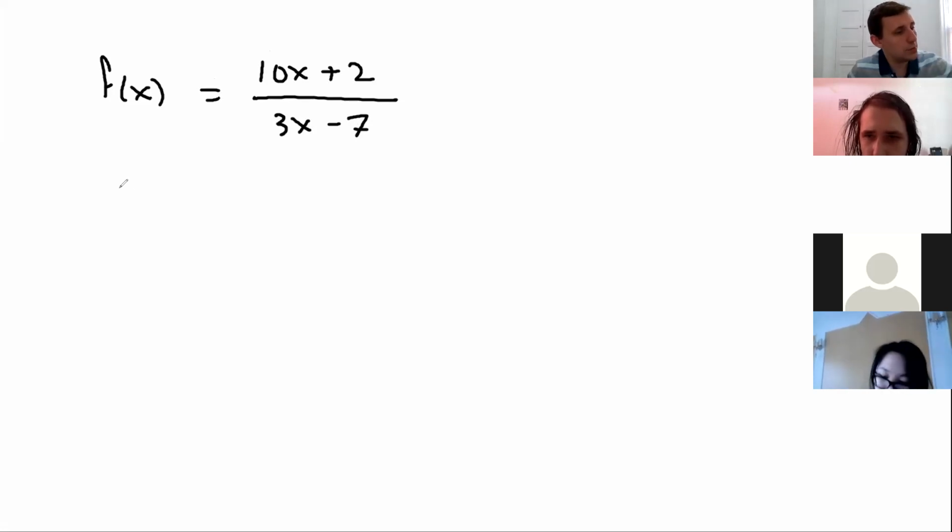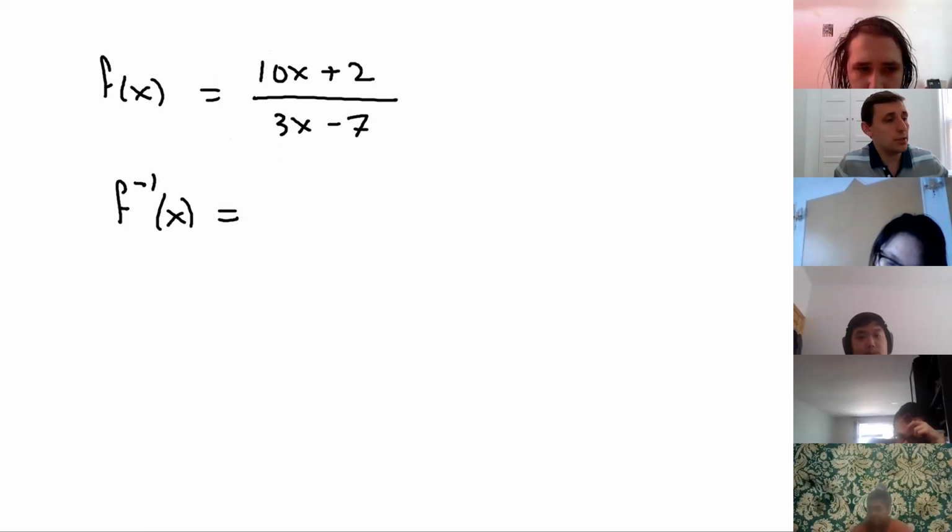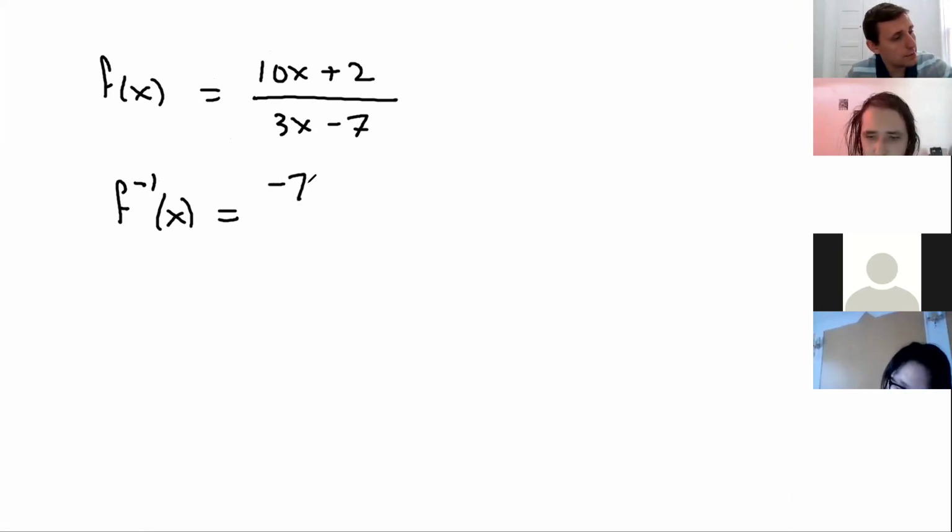What is the inverse of this function? I can solve this inverse function instantly, yes? So for instance, what's the answer? It's minus 7x minus 2